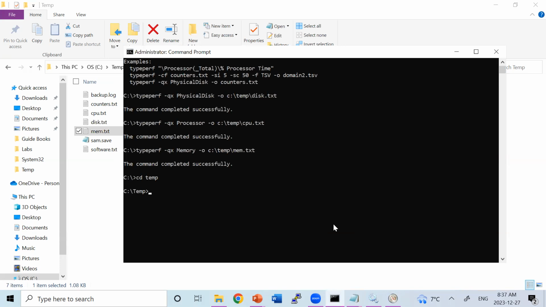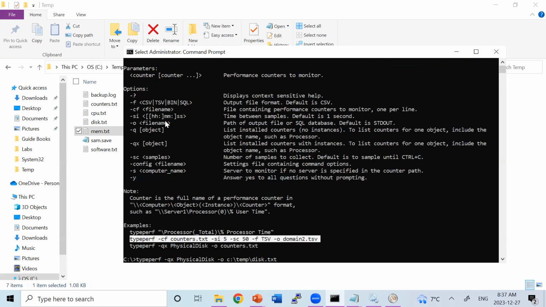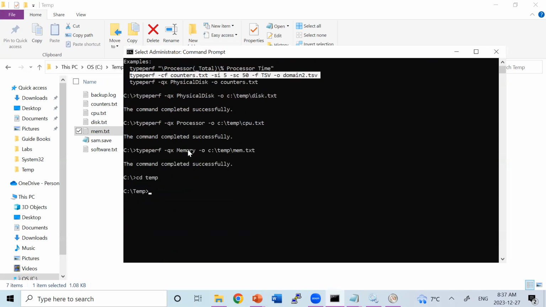Now I'm telling the computer, okay, now you start collecting the data for those counters that I'm interested in. Look, they already give an example here. So if I now copy this, like a counters type perf -cf, space -cf. So cf means, as you can see, file name. What is the file name? So I already created a file called counters, right? So let's say I